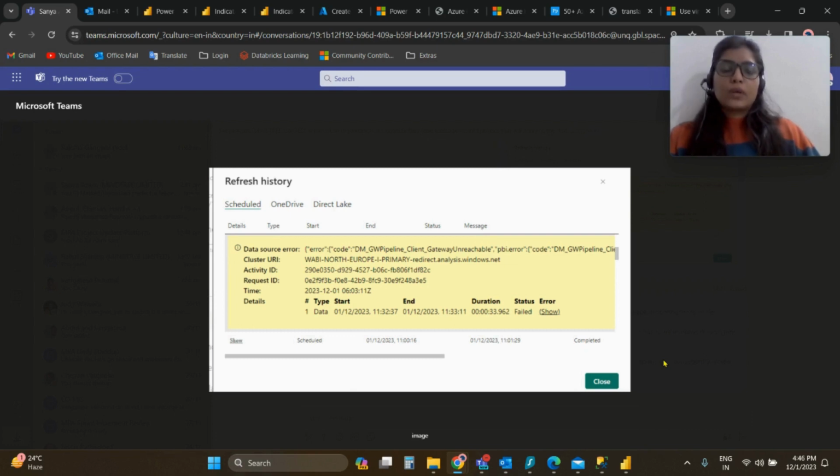So what you can do in this scenario is set up a remote desktop, or I should say a virtual machine, such that you will always have a network connection 24 by 7. After setting up a VM, you can install an on-premise gateway there, and you can configure all the connections through that into your Power BI reports,